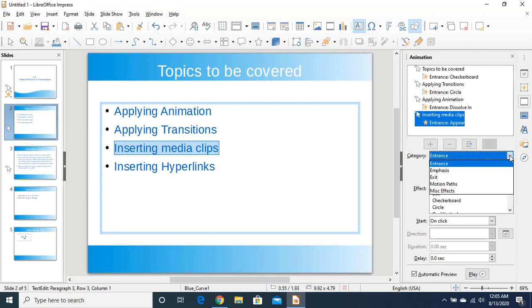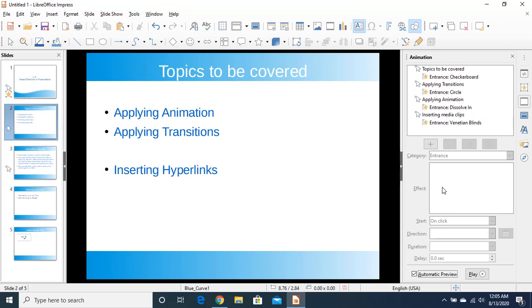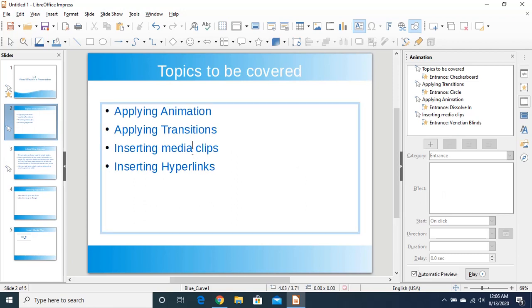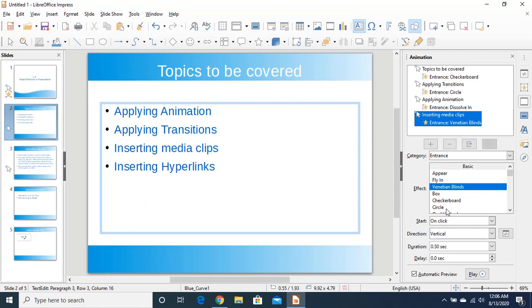In entrance, it will show how the object appears on the screen. I'll show you. Suppose I'll apply this. This is the way inserting media clips will appear on the screen. Suppose again we will select this one, and we can change.